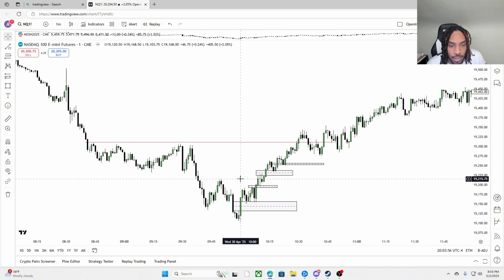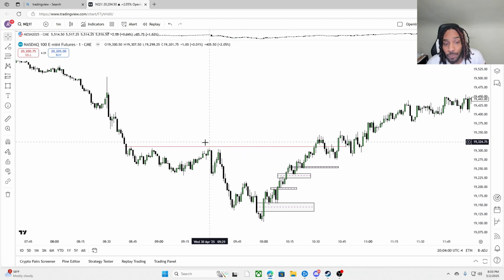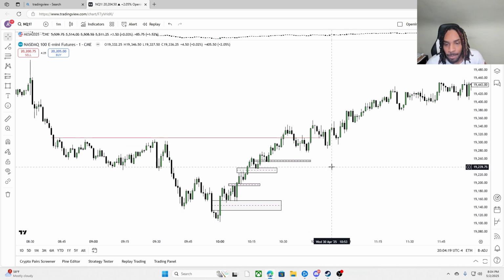Take the ones that are in the price run, order flow, before we run the liquidity and not after. Don't take this fair value gap right here after we took the sell side and took the buy side, and you finally buy this fair value gap and then you get stopped out.